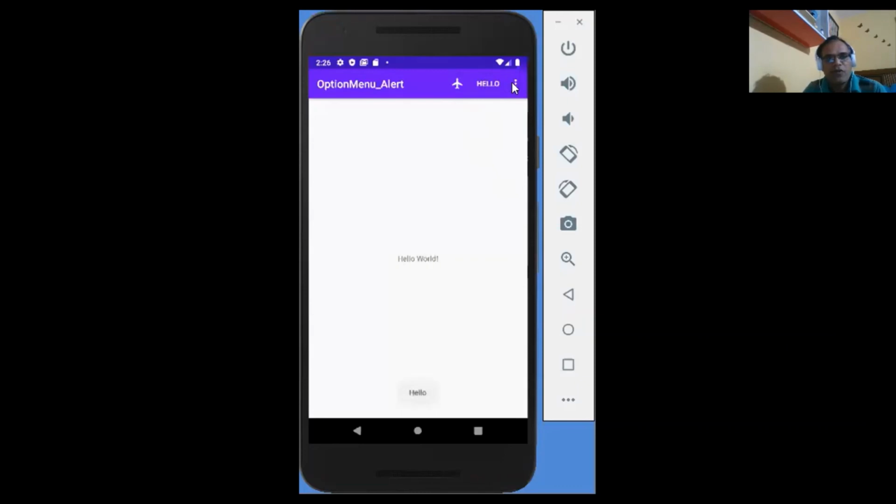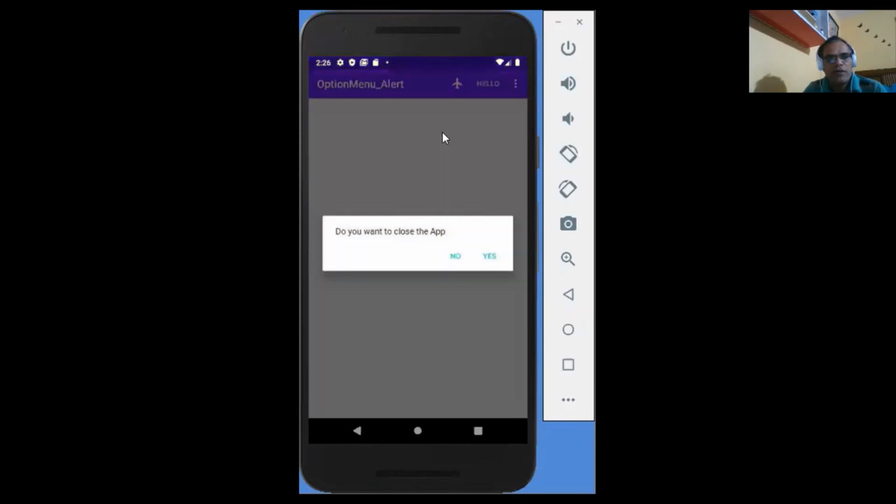The same case if you click on the three-dot button, and if we click close, it will show the dialog box. And here if we click anywhere on the screen, now this dialog box does not disappear.